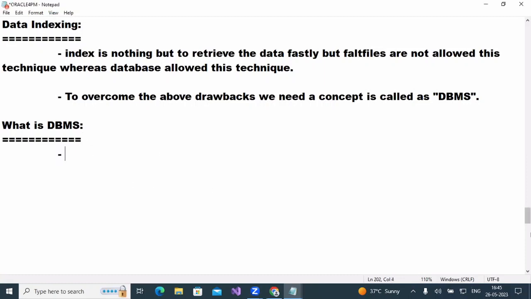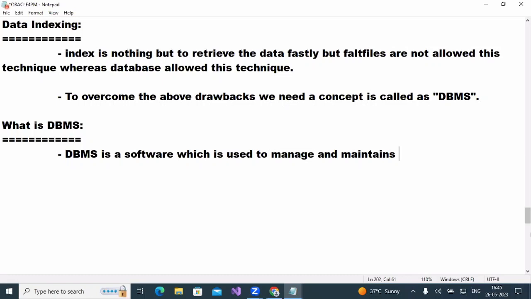So basically, DBMS is called a software, guys. DBMS is a software which is used to manage and maintain data or information in database memory. By using DBMS